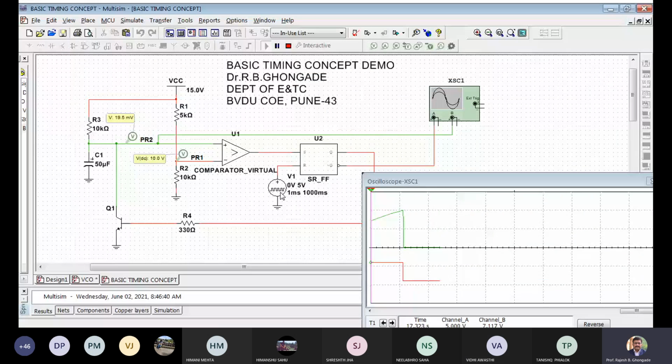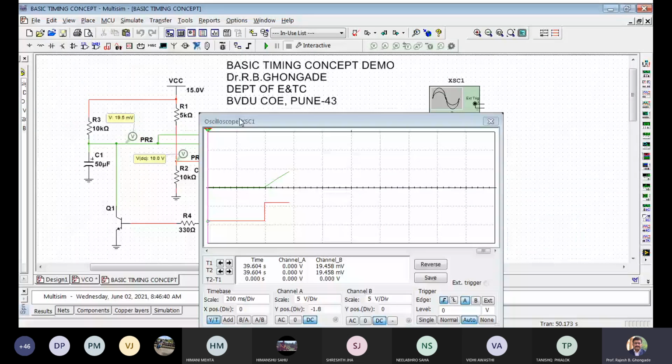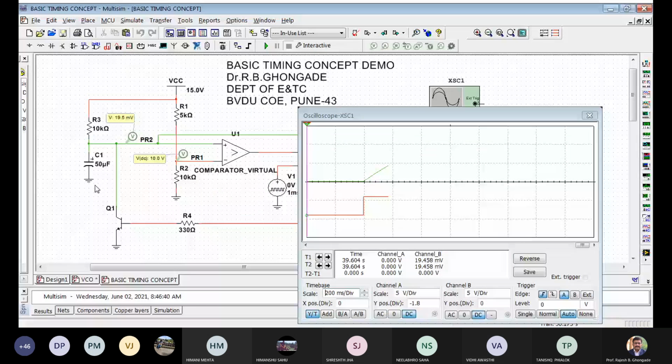In 555, we're going to derive that trigger from the internal source itself. That's actually going to give you the concept of a free running oscillator. Anyways, I think the basic timing concept should be clear now: by changing the values of external components R and C, I can change the period and in fact the frequency of the pulse.